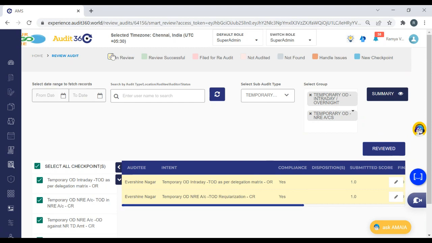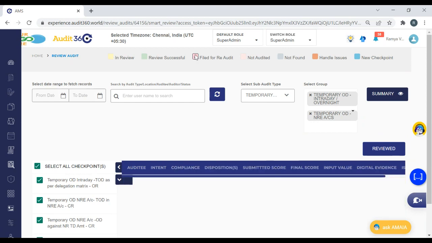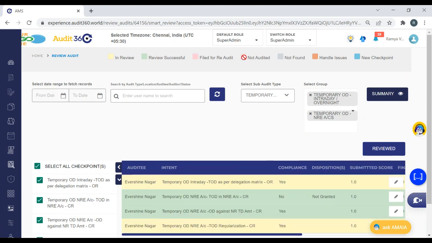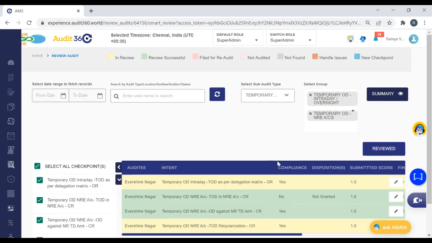All your other legends are also clickable. If there are any re-audit files, you could see them here, or if you have anything on the annexure side, or if you want to see the handled issues, if there are any, the results would show up here. Now let me take some other sub audit and select